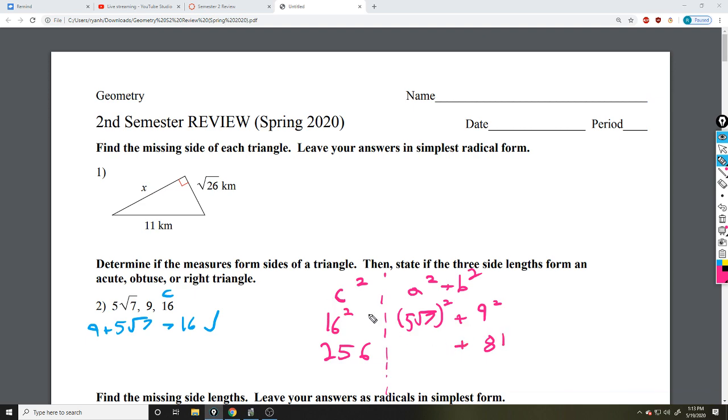Remember that 5 square root of 7 squared means we're going to square 5, and then we're going to square the square root of 7. So we got 5 squared, which is 25, times the square root of 7 squared, which is 7. So really this is 25 times 7, which is 175. If you're putting it in your calculator,